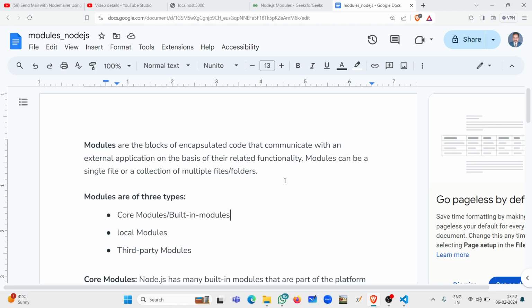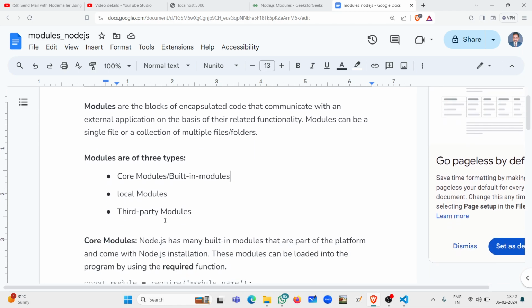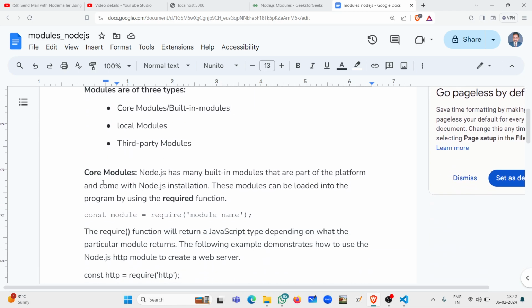One is the built-in modules, or we call them the core modules. Second is the local module. Third is the third-party modules. In the core or built-in modules, we have many built-in modules. These are part of the platform and come with the NODEJS installation. By default they come with it, and these modules can be loaded into any program